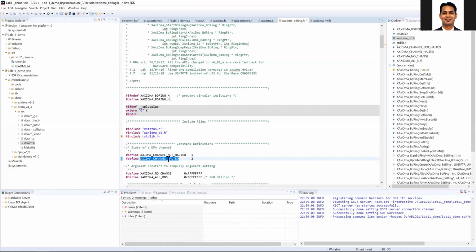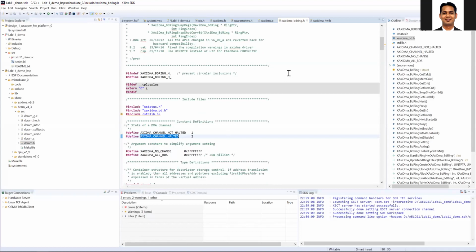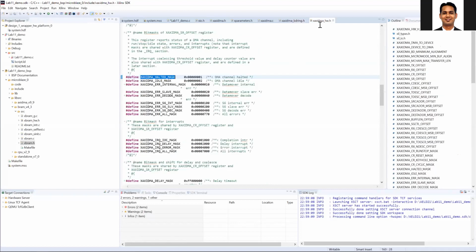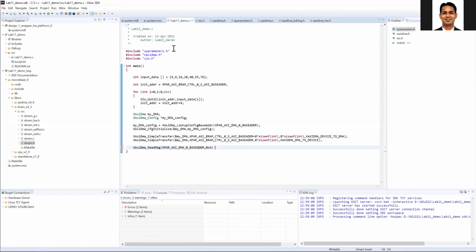In each DMA there are different channels, so you can do parallel transfer. But this is not the mask we need. The mask is in the AXI HW.h file, and you can see that this is the halted flag mask. Here you can see that it is extracting only the first bit. So you can use this one, or directly use this one to extract the corresponding bit.